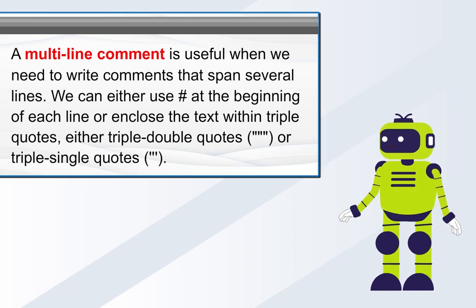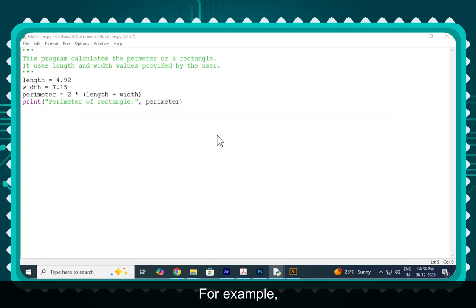A multi-line comment is useful when we need to write comments that span several lines. We can either use hash at the beginning of each line or enclose the text within triple quotes, either triple double quotes or triple single quotes. For example,